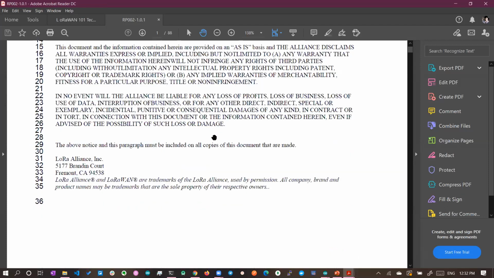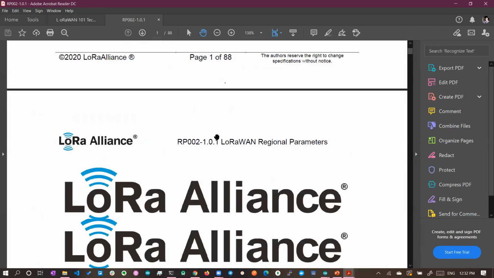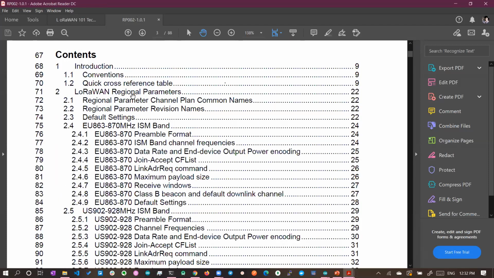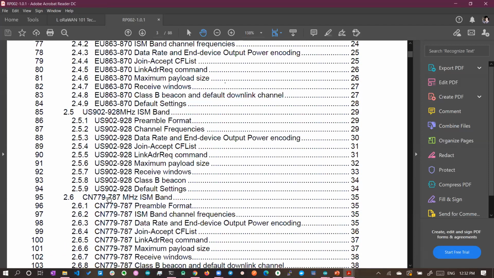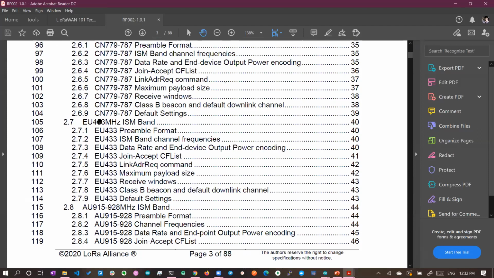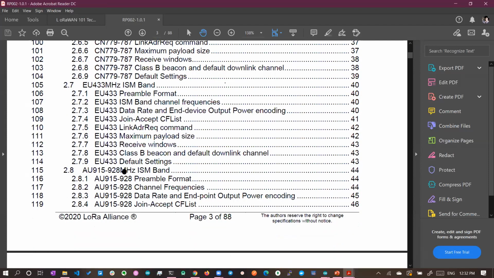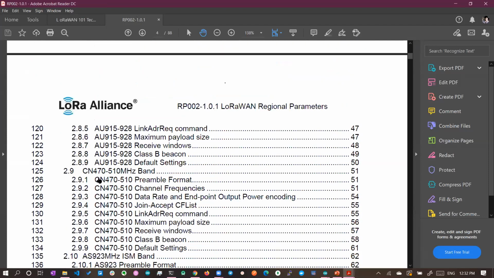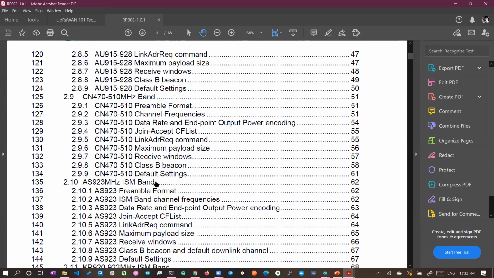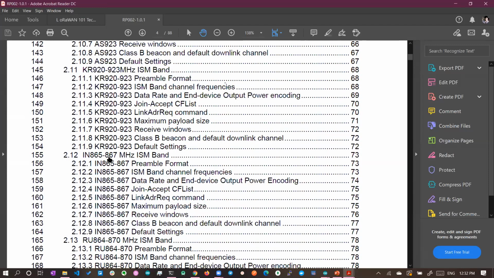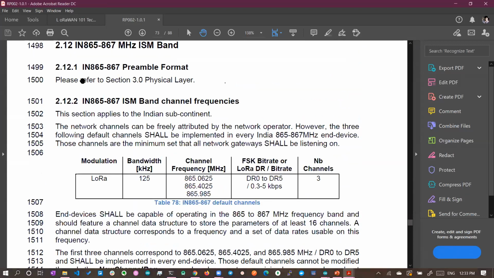If you scroll this document, here you will have LoRaWAN regional parameters for Europe, for US, for China, for Europe 433 megahertz, for AU, I think Australia, and Canada, Asia, Korea, and India is there. If you click on India, you can see the bandwidth is fixed, which is 125 kilohertz.